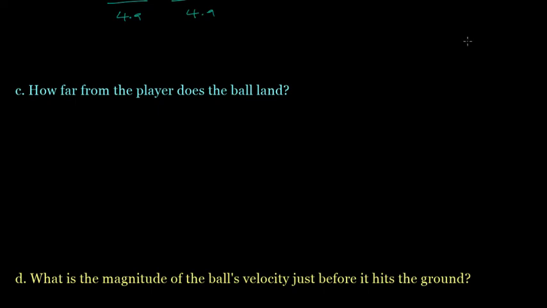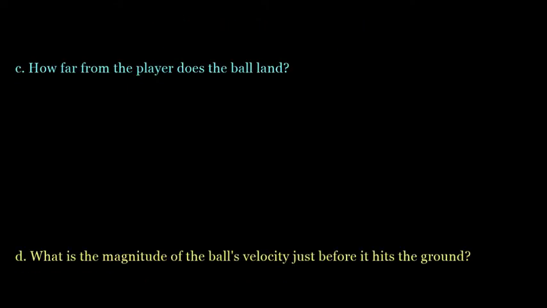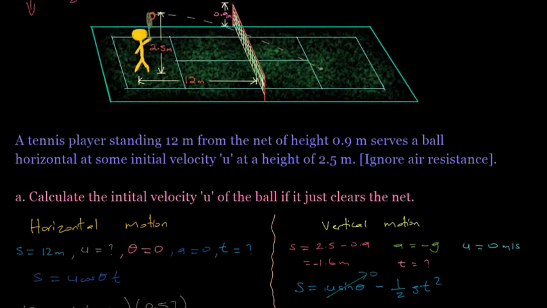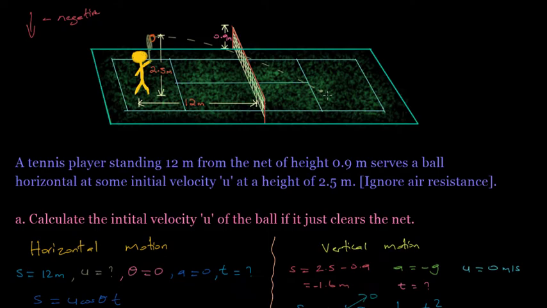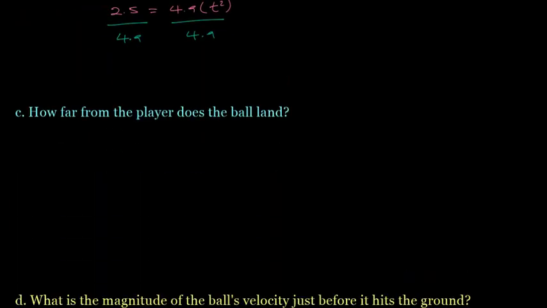The next question says we need to find out how far from the player the ball lands. So now that we have the time it takes for the ball to travel from the 2.5 meters above ground to the ground, right? We can use that to help us, because again the time for the object to travel vertically is the same time it's going to travel horizontally. So here now we want to find the horizontal distance from the player to the point where it hits the ground. So in this case, we're going to have to look at the horizontal